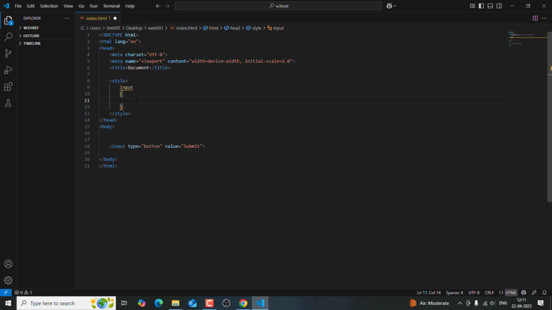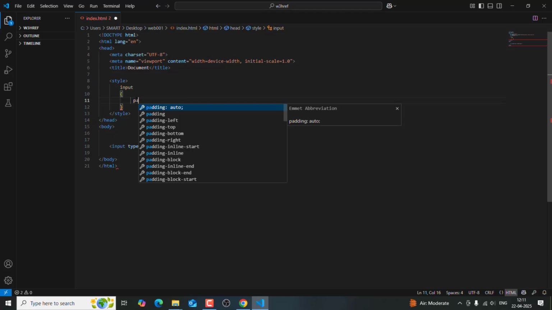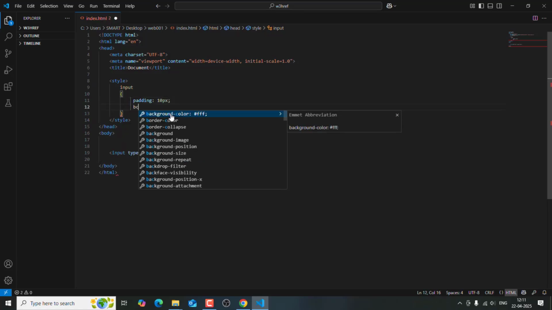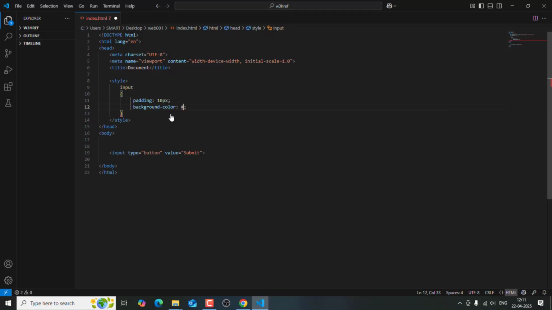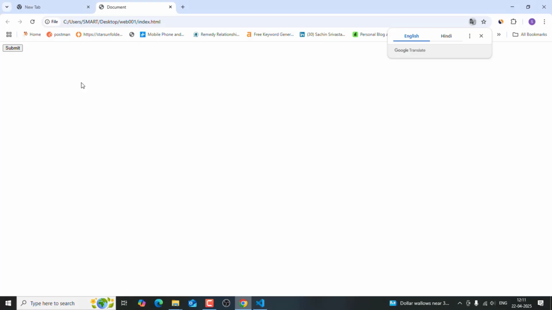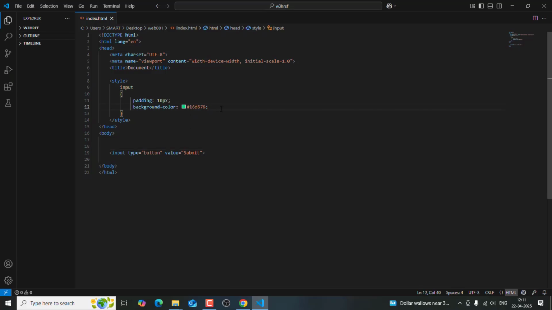this is an element selector. Here we will type the padding. First we need to see how it is looking now. Submit. Okay, so padding 10px, background color, here we need to select a different color. Okay, and border none,